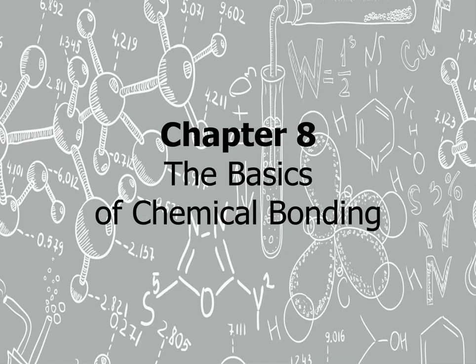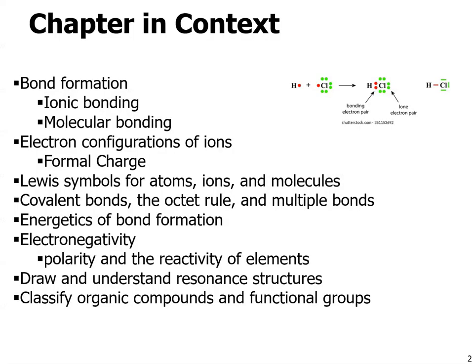In this section, we'll be discussing the basics of chemical bonding. We'll be looking at ionic bonding and molecular bonding. And ultimately, the idea here is that this bonding involves the interactions between electrons from one element to the nucleus or the protons of another element, and how those things are interacting, or how those are even being shared between